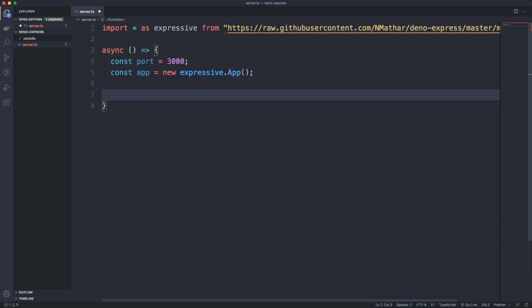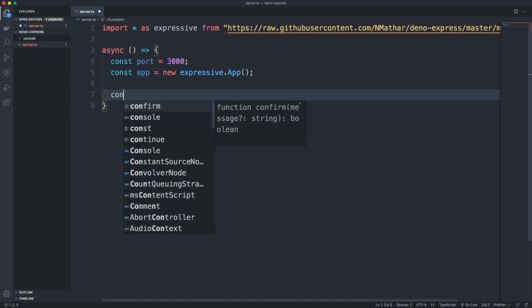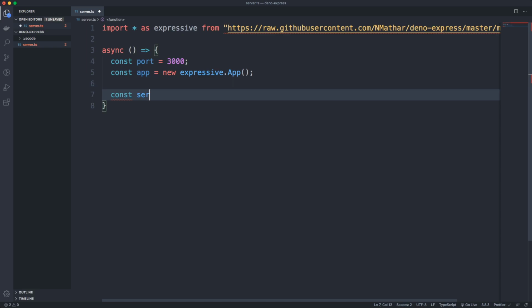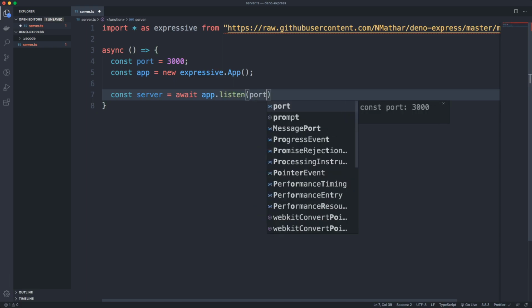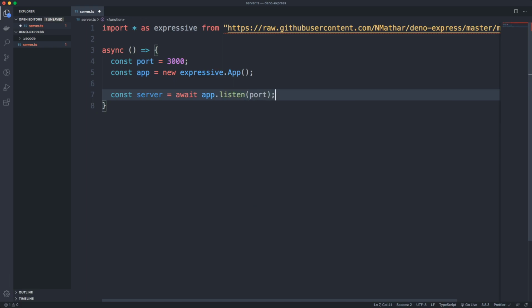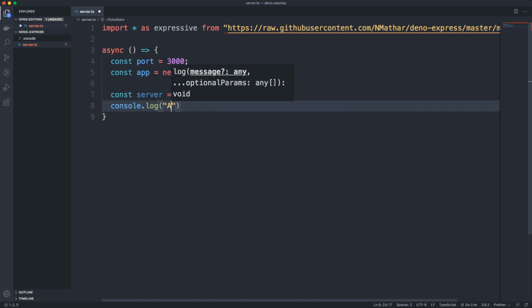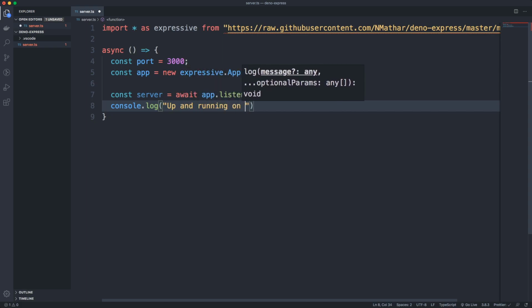And what we can do now is create a server from our app. So we'll declare a server, and we will do app.listen using the port. And lastly down here, let's do a console log and say up and running on port,